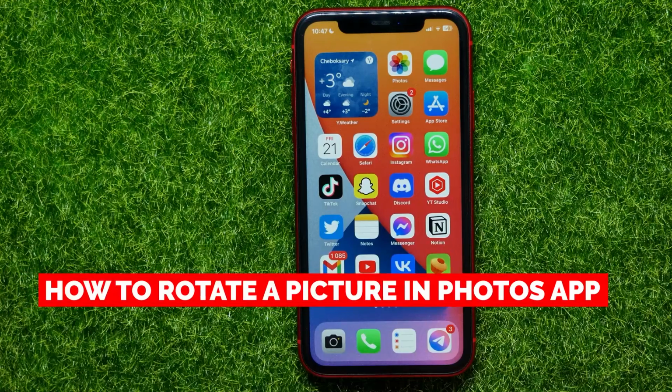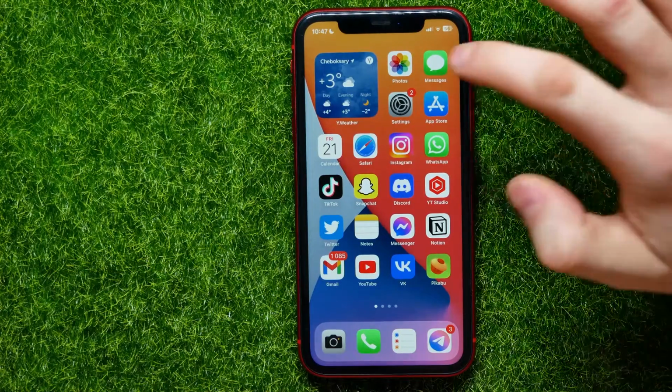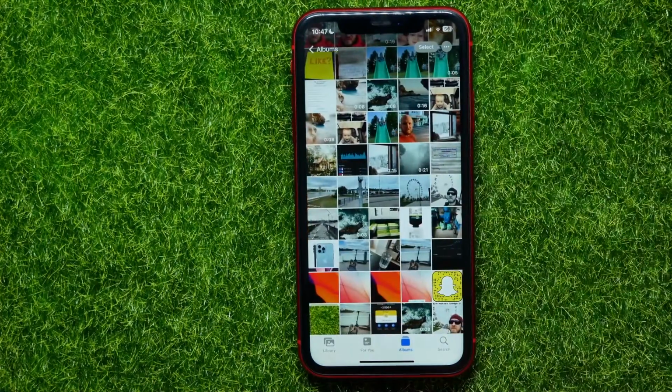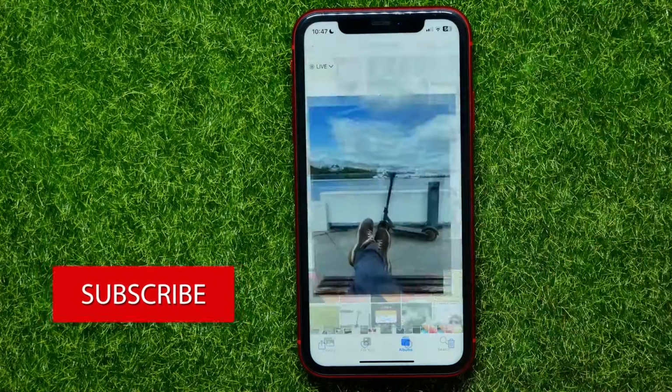In this video, I'm going to show you how to rotate a picture in the Photos app. That is quite simple and easy to do, so let's begin. First, open up the Photos app, then open up some album, and now just open up the picture that